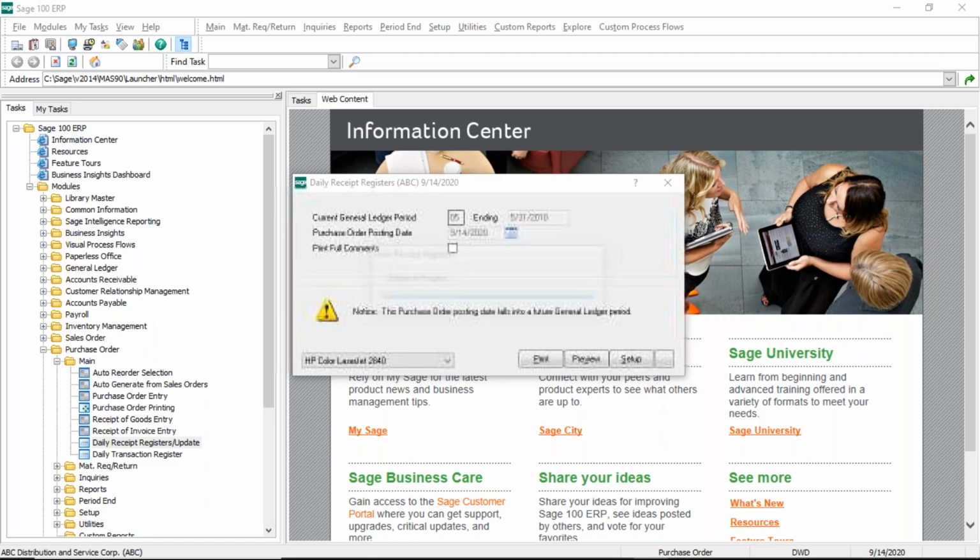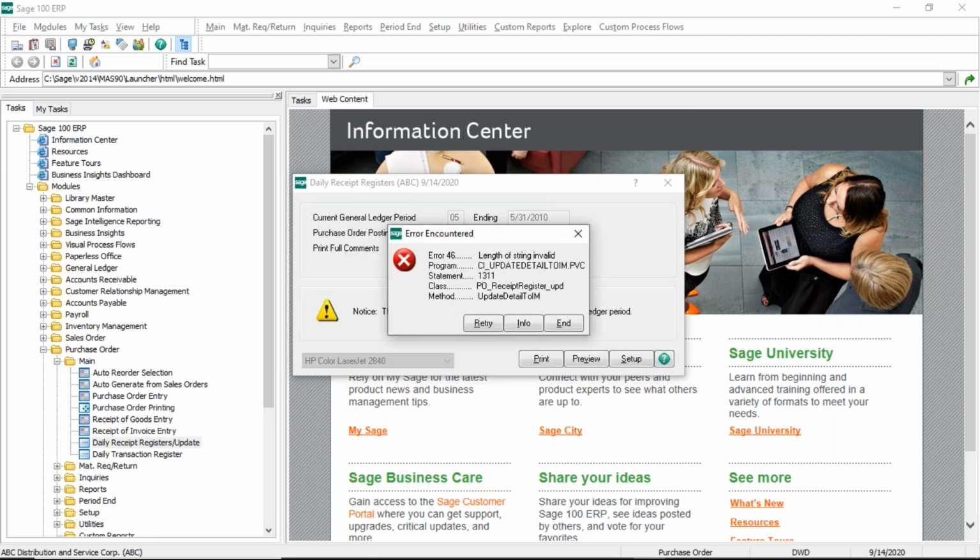Yes, I do. And so it's going to try to restart it, and there is my error message that pops up. The first thing you want to do is to get a screenshot or the information from this initial error message. Again, I recommend using a tool like Snipping Tool to make a screenshot of it, and it's very easy then to paste that into an email